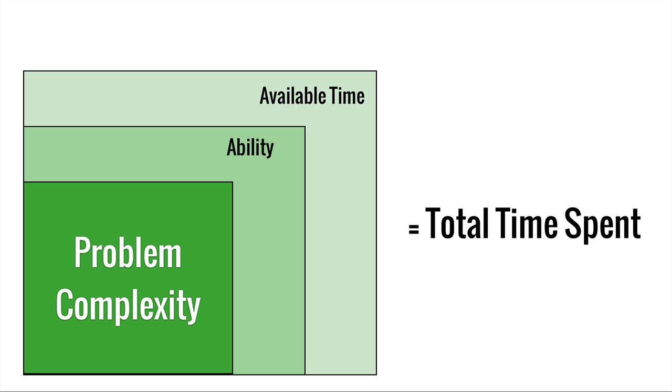So the amount of time that a particular feature or user story is going to take is really made up of 3 different things. There's the complexity of the problem itself, which in some sense is not quite an objective measure, because I think different people with different expertise might have different insights on how complex it is, but it is sort of intrinsic to the problem itself.